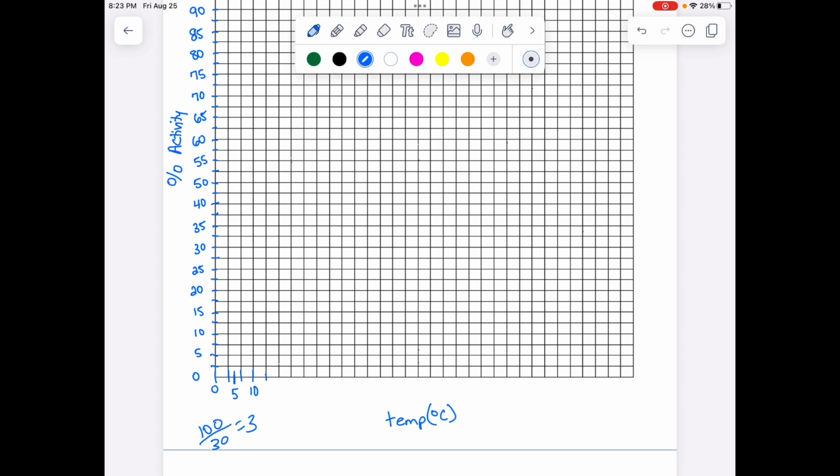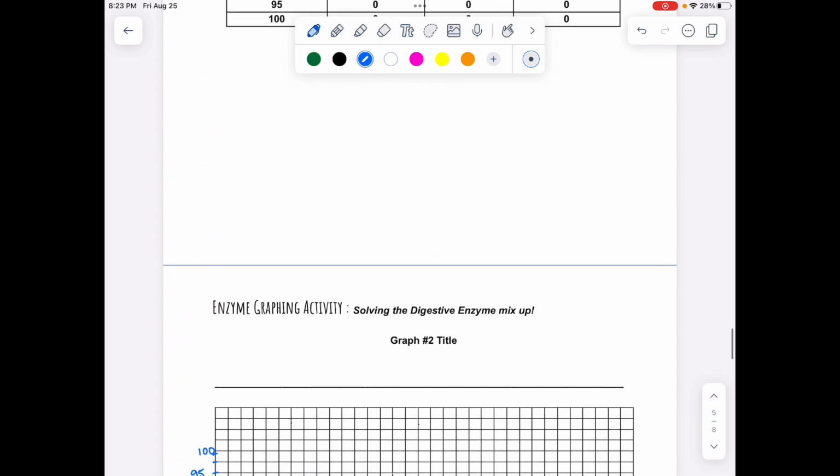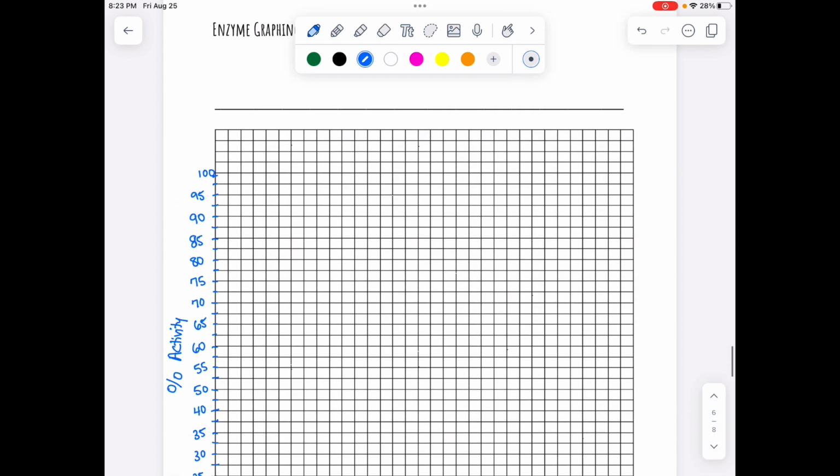So we're going to go 1, 2, 3, 20. 1, 2, 3, 30. 1, 2, 3, 40. 1, 2, 3, 50. 1, 2, 3, 60. 1, 2, 3, line 70. 1, 2, 3, 80. 1, 2, 3, 90. 1, 2, 3, 100. Now, since our data table up here has us go every 5 degrees, we're going to